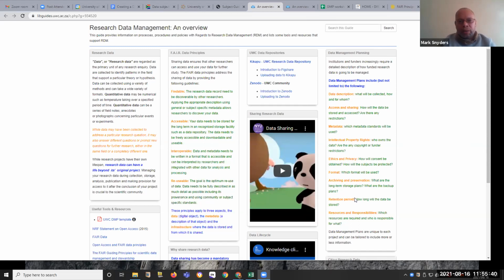With regard to Zenodo, Zenodo is a free platform that is available. And this is the difference between Kikapo and Zenodo. With Kikapo, we basically pay for it as far as Figshare is concerned. So when it comes to the university, various provisions can be made and catered for with regard to Kikapo.